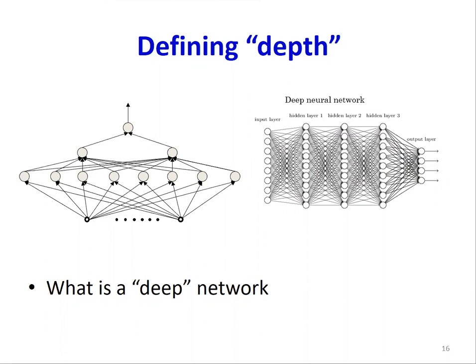Does anyone want to take a guess? Multiple layers. How many multiple? I think there's an input layer, then a hidden layer, and then an output layer. That would be deep. No, that would not. You're right, it's multiple layers, but the input layer is really just inputs. There are no neurons over there, right? So there's a formal definition of depth.